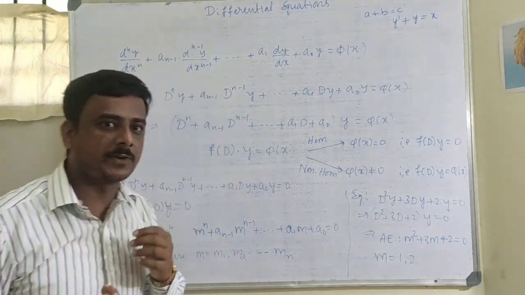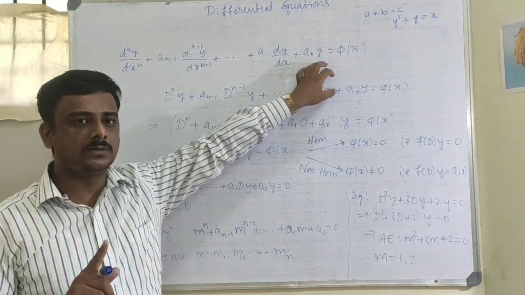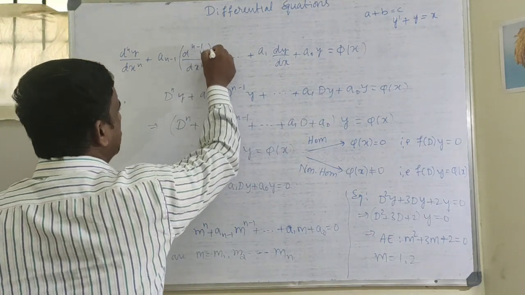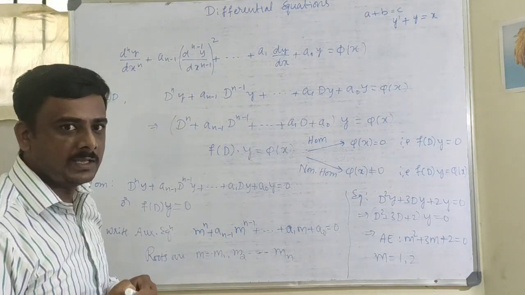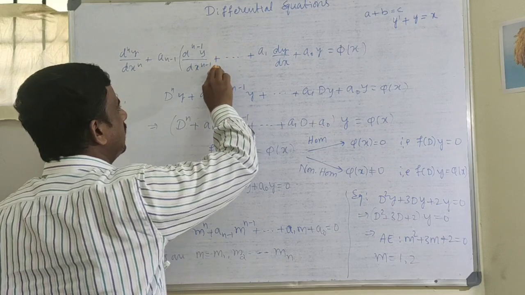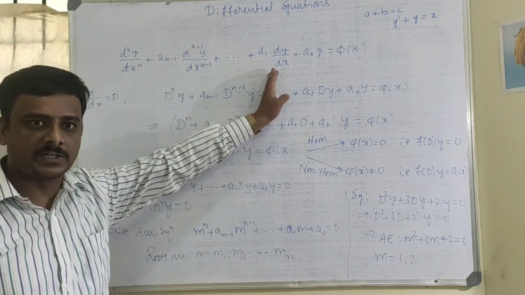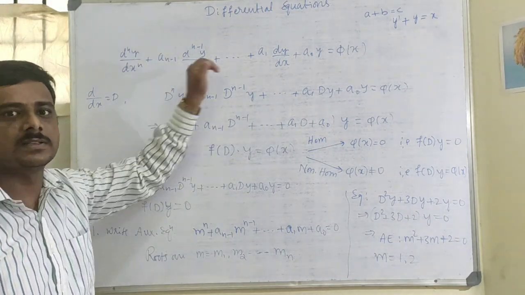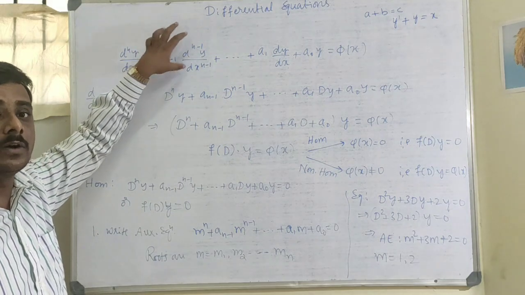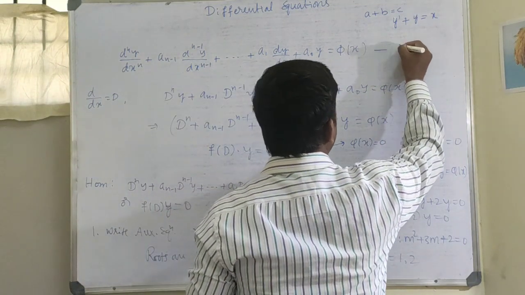So when do you say that an equation is linear? If each term in that equation is of degree 1, then it is called linear. If I write somewhere here a power 2, it will not be linear. If each term of that equation is of degree 1, then it is called a linear equation. So now I have a differential equation of nth order which is linear. This is the standard form of the nth order linear differential equation. We call this equation 1 for our reference.